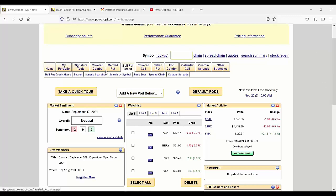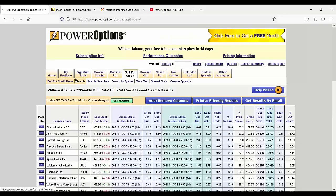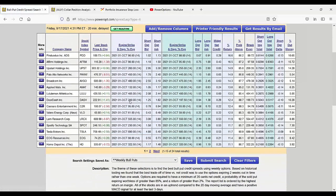As you guys know, usually the past few years when the market has been strong, I've been very fond of putting together a better approach, a positive and thought out step-by-step approach for trading bull put credit spreads, management techniques, and more. But it starts with step one. What do we look for? What did we find that gave us the best potential return over time, comparing different stock criteria, different option criteria,